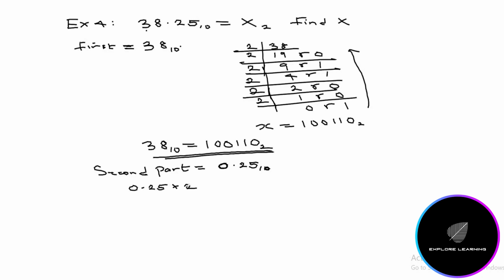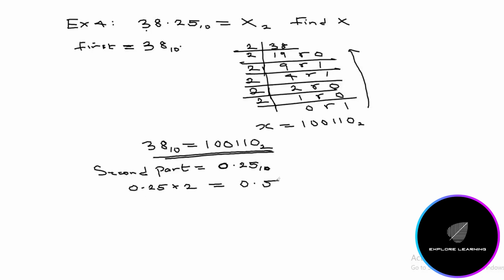Initially, we converted 38 base 10 to binary. What we did is that we divided by 2 because this is a whole number. It doesn't include a decimal point. So since this second part includes a decimal point, we have to apply multiplication. So this is a rule. So we say 0.25 multiplied by 2. So that is going to give us